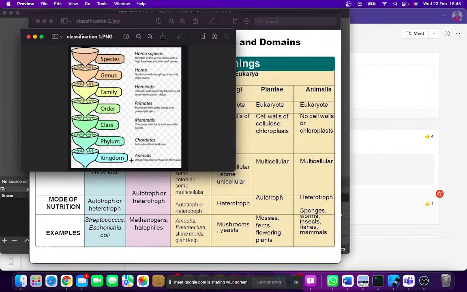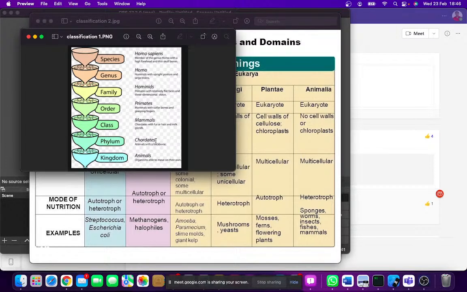So you can see this under the kingdom of animal. You have plenty space, plenty living things there. You can even have snake is still under animal kingdom. You can have goats, sheep, but you see that as the level of classification goes up in this way, the number of organisms in that very classification level becomes very small. Like species, it's only human beings that are called Homo sapiens. But when you look at the animal kingdom, there are plenty living things under the animal kingdom.